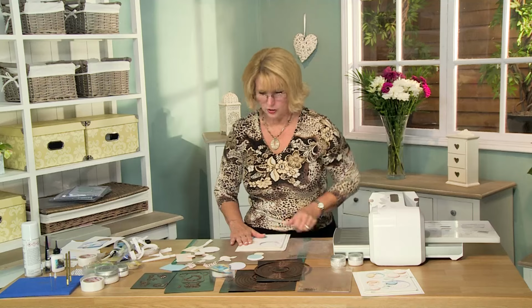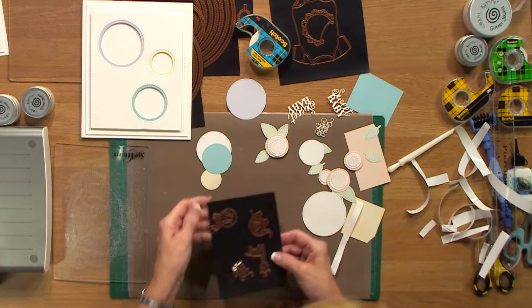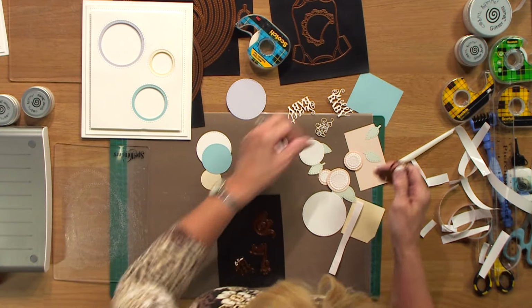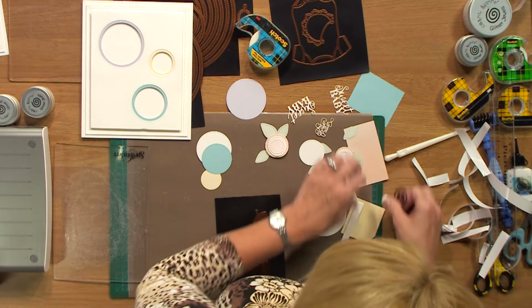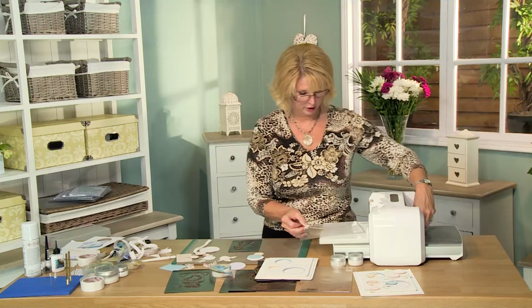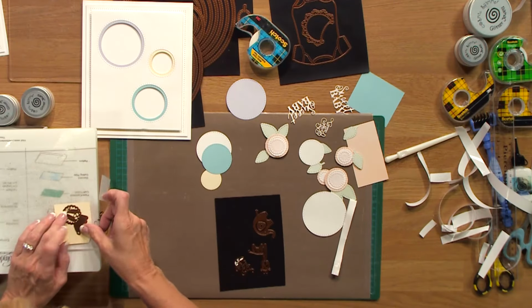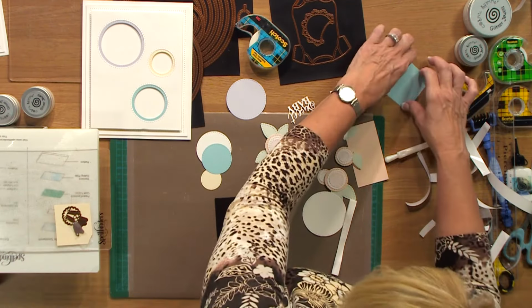Okay. So next I want to cut the animals, and they're just so sweet. I've got a little lion, a giraffe, and an elephant here. So I'm going to put the lion onto the yellow. Actually, it's Custard card. Pop this into place, and a little bit of tape there. I'm going to put the